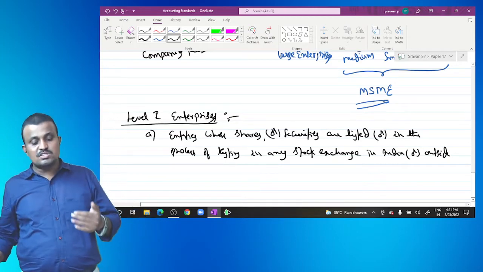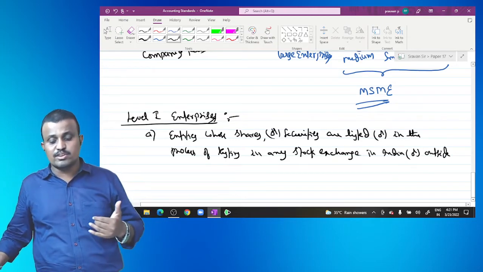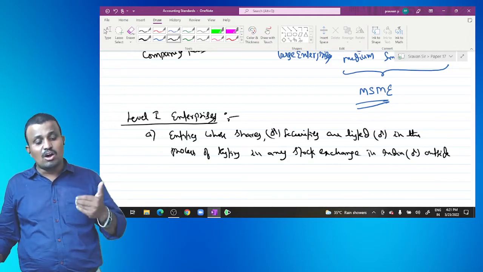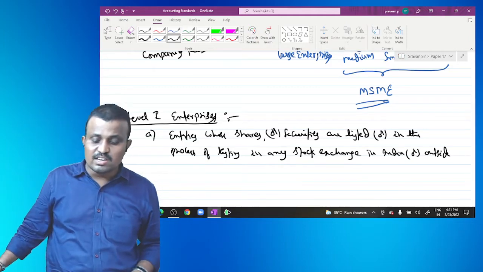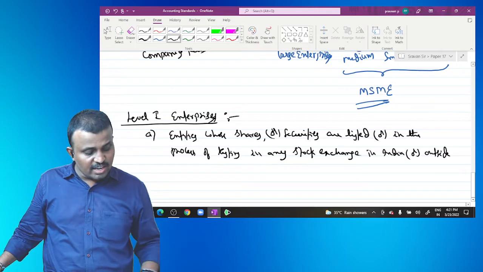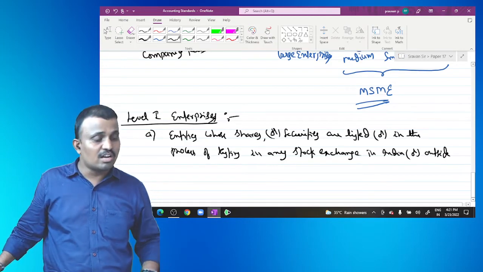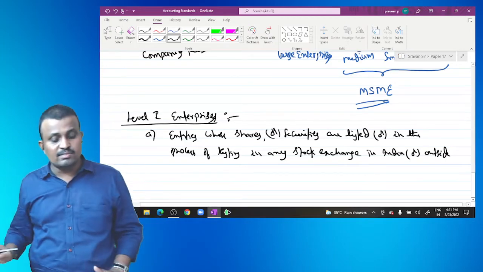So entities whose shares or securities are listed or in the process of listing in any stock exchange, either in India or outside India, are covered under